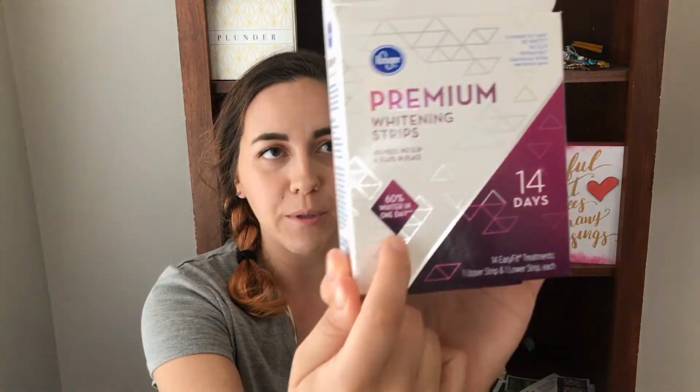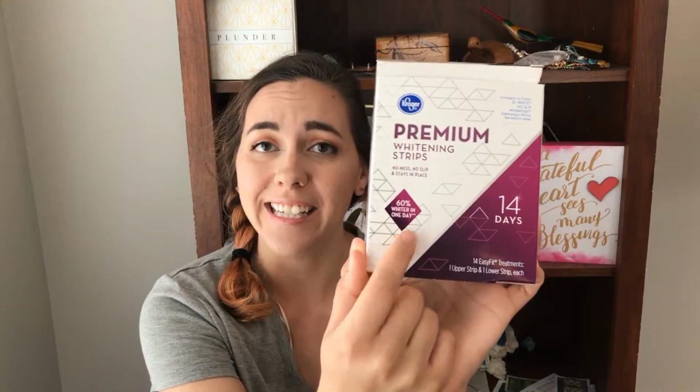I don't agree with this 60% whiter in 1 day, disagree with that, but I will say over the whole process it definitely lightened my teeth a significant amount. Like, they were super yellow and now they're much whiter, and I stopped using this probably 3-ish weeks ago, so I'm actually surprised with the staying power of it as well. I actually would like to go get some more just because I feel like they're not white enough. They're not white enough, let's be real. I drink too much coffee. So I would like to get some more because I think that they really did work,